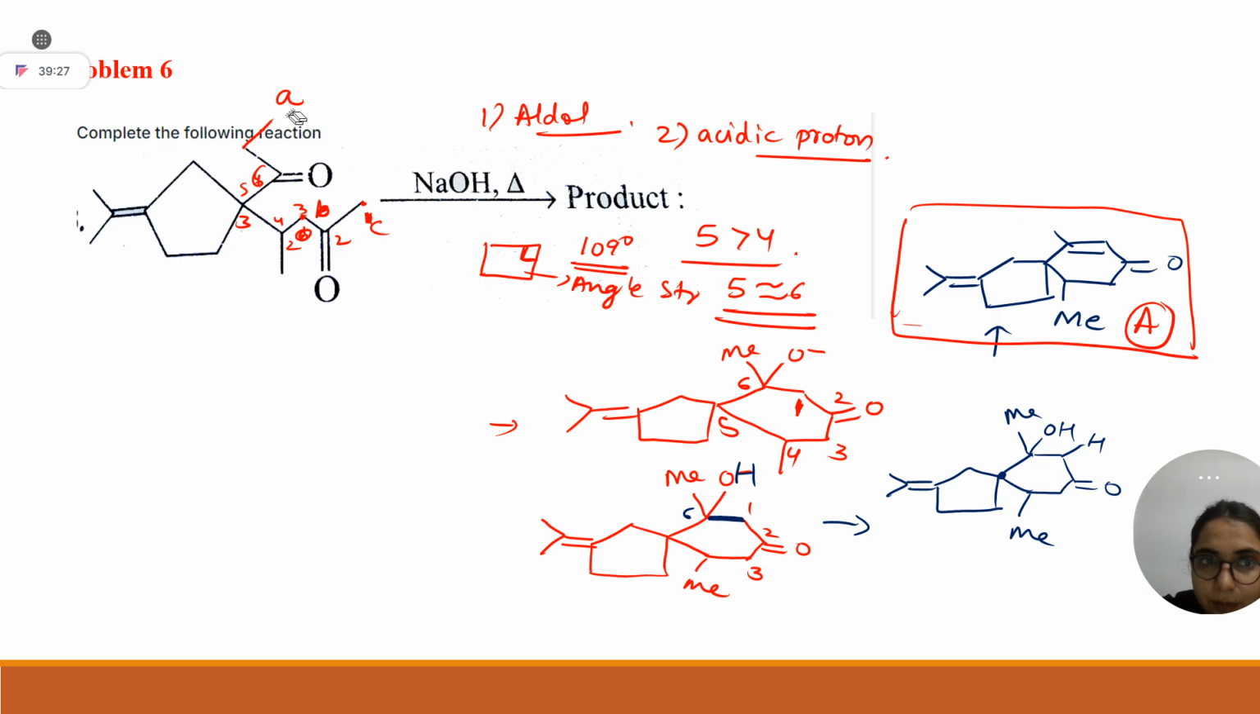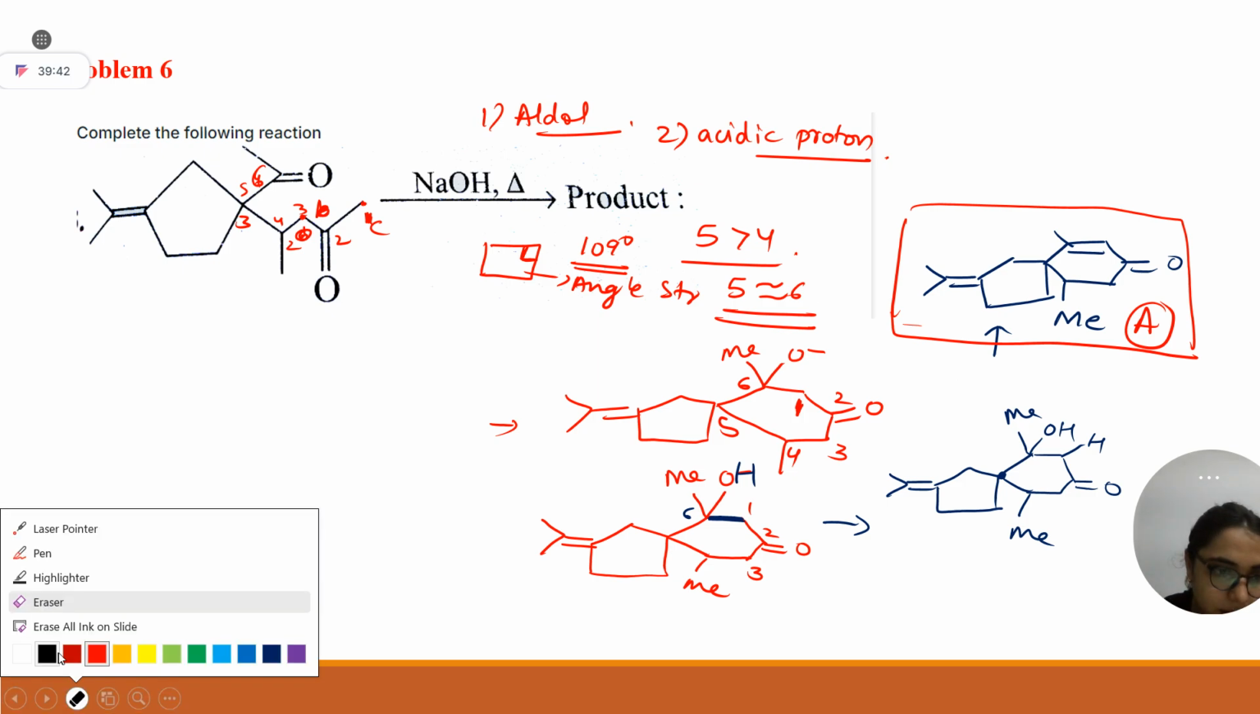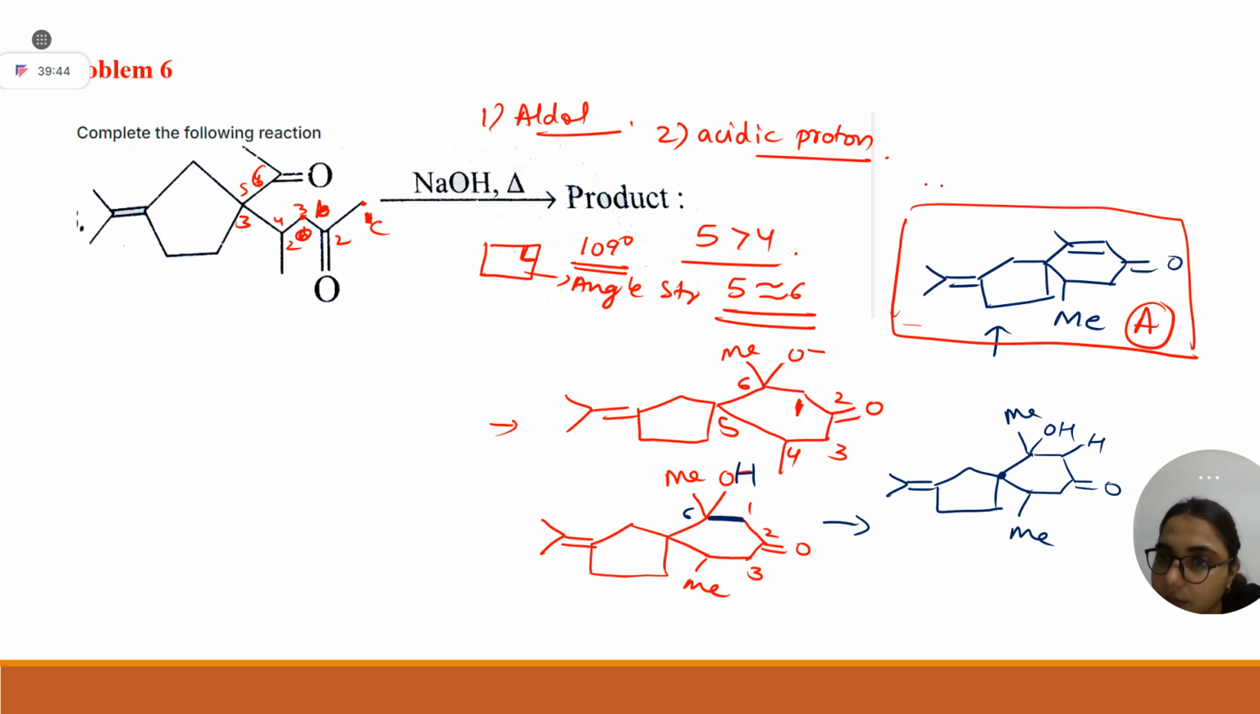This is your A proton, right? Yes, ma'am, I was asking which is the most acidic proton. This is, let's say, A proton. Okay, just wait. This is your simple methyl. This methyl, nothing else. Now clear? Yes, ma'am. Okay. Now another possibility is that